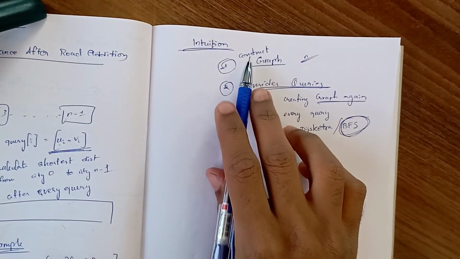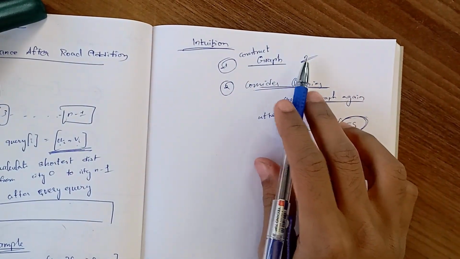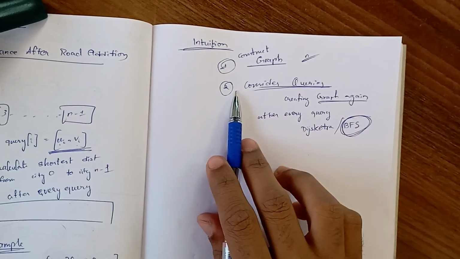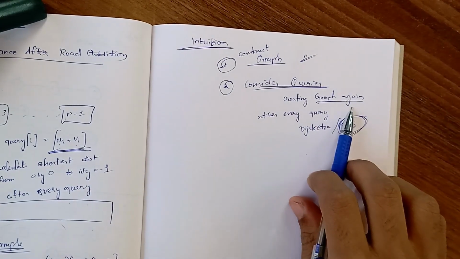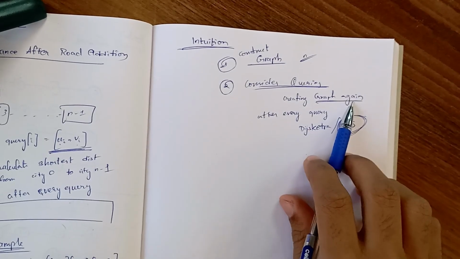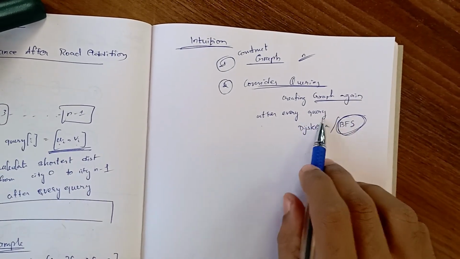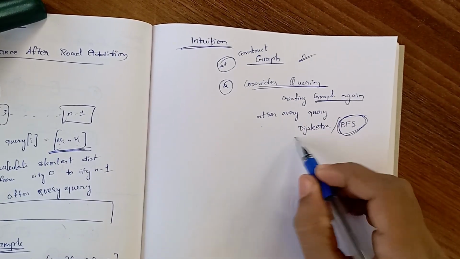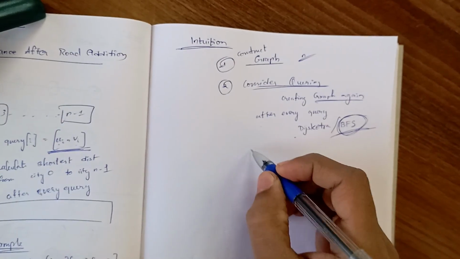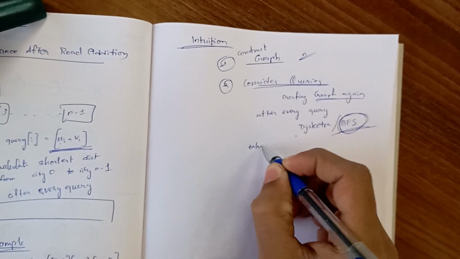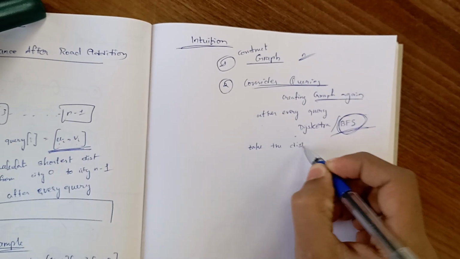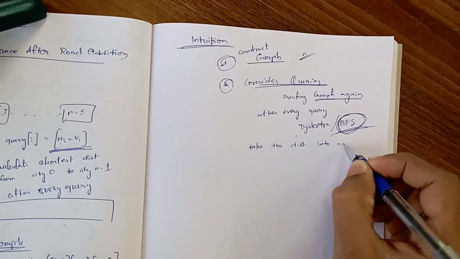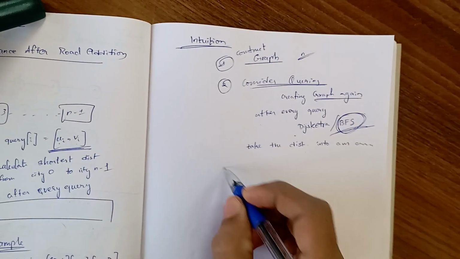That means we construct the graph with n, then iterate queries and create those undirected edges again. And after every query, we need to apply the BFS algorithm and take the distance into the answer array, and then in the last